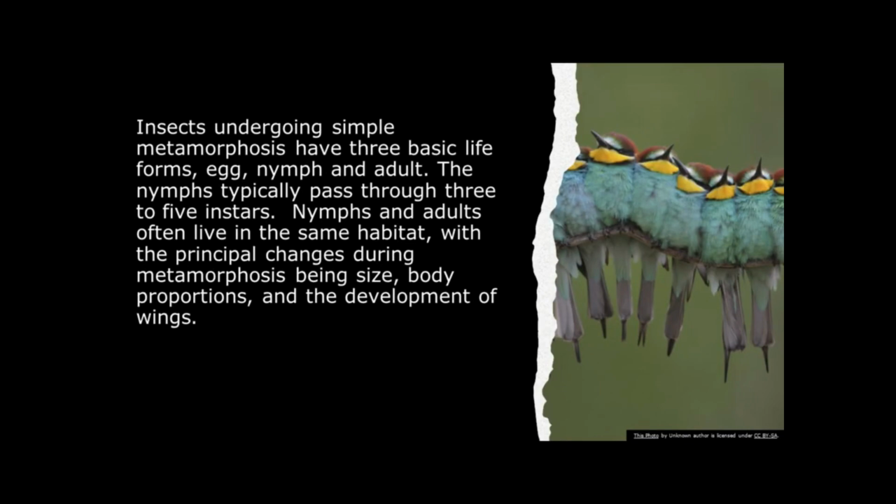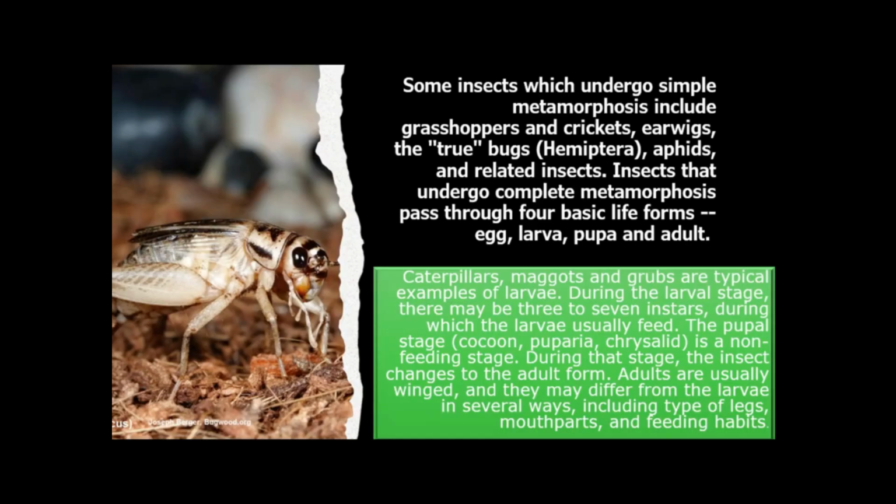Insects undergoing simple metamorphosis have 3 basic life forms: egg, nymph, and adult. The nymphs typically pass through 3 to 5 instars. Nymphs and adults often live in the same habitat, with the principal changes during metamorphosis being size, body proportions, and the development of wings. Some insects which undergo simple metamorphosis include grasshoppers and crickets, earwigs, the true bugs, Hemiptera, aphids,